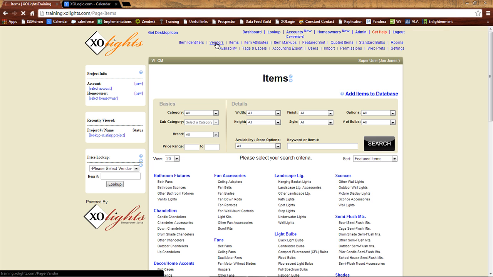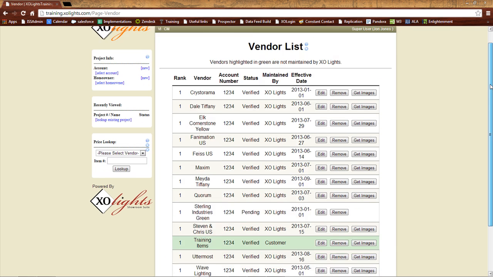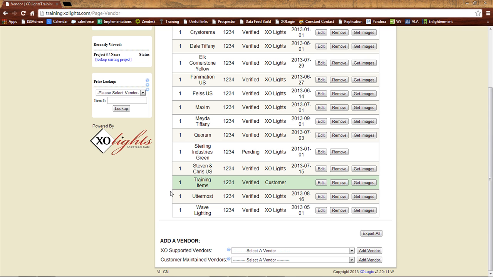Now let's go over here to admin vendors real quick, just because I want to show you that catch-all vendor that we were talking about. In this particular website, it's called training items. Now, that's not what yours is going to be called. What it's going to do is it's going to take the name of your showroom and put the word items after it. So, for example, if your showroom's name was Hanson Lighting, this vendor would be called Hanson Lighting Items